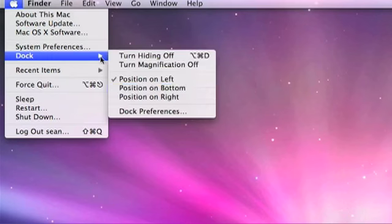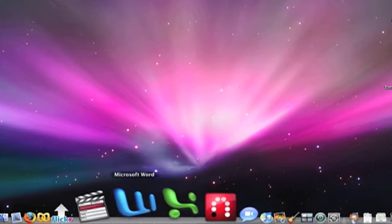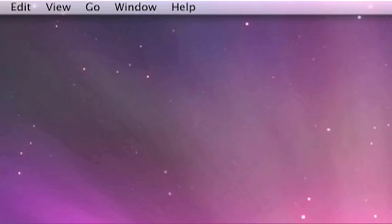And when you put it on the bottom, you'll see that it actually has a reflective surface on it. It's tilted slightly, so it's got a little bit of sheen to it. And this is running even on an integrated graphics set. So it's a little bit prettier. The bar on the top is translucent, so you can see a little bit through it. It's little things like that. It's sort of replicating a little bit of